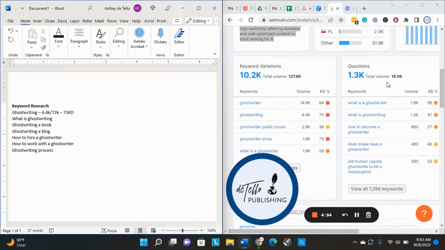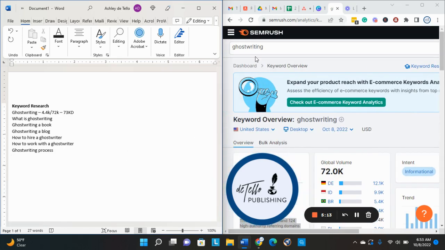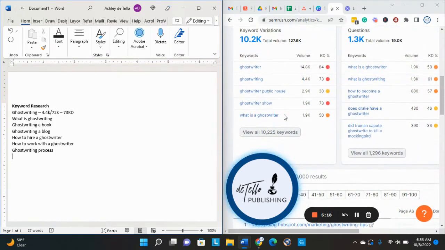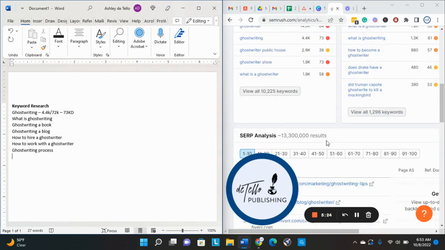And so I like to come down here because with SEMrush, you have to pay for the service, but with the free account, you get like 7 free keywords a day. So you can type in 7 keywords or keyword phrases up here at the top. But you can get so many more than 7 just by looking down here. And it won't give you the global volume, but it will give you the US volume and the keyword difficulty, which is enough to go off of most of the time.